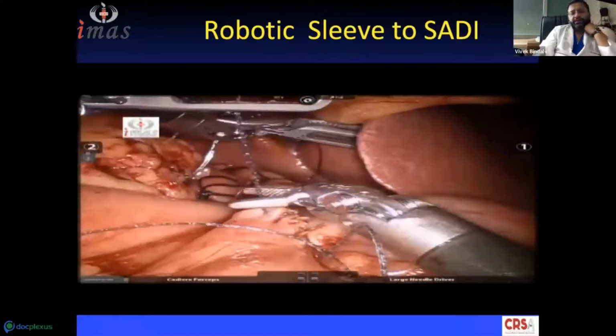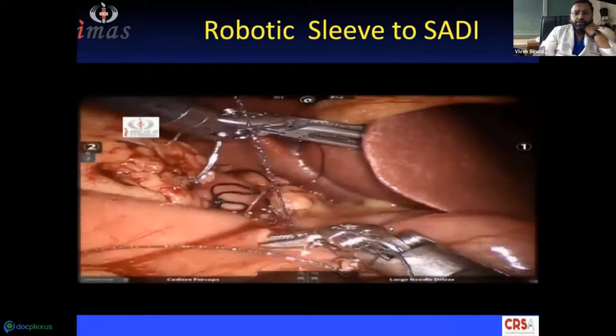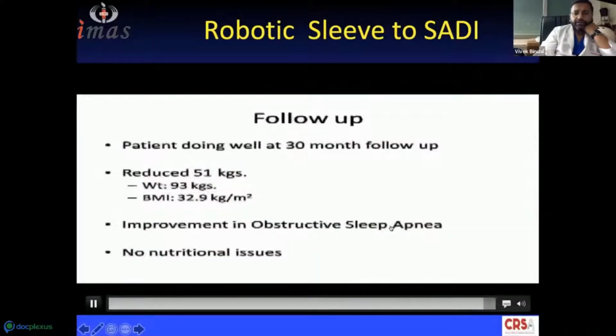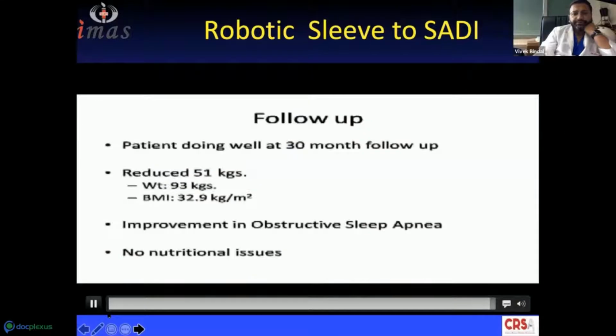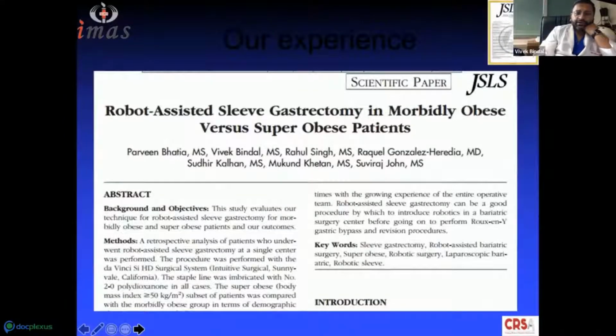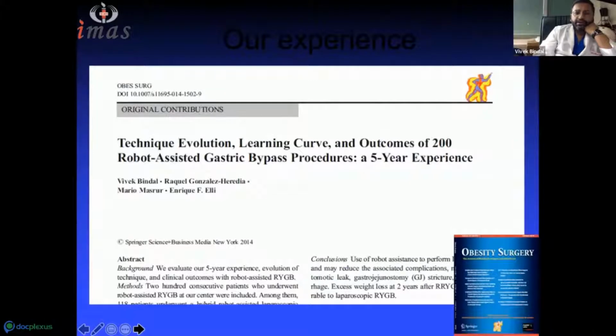So basically, I showed these two videos to show how the robotic system helps us in doing dissection and reconstruction in revision cases. This is an article which we published comparing robotic bariatric procedures in morbidly obese versus super obese patients, and we found there was no difference in complications in spite of the BMI being more in super obese. This was an article in Obesity Surgery on technique evolution, learning curve, and outcomes of 200 robot-assisted gastric bypass patients, and we